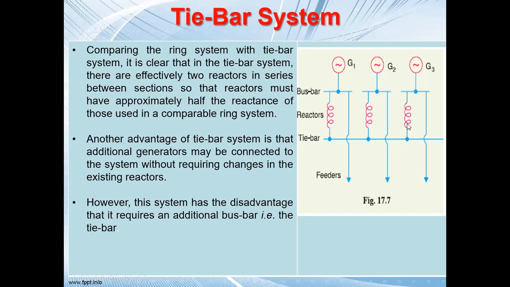It will not allow the fault current to flow here because reactors are present; these are basically high impedance paths. It will not allow flow here, and similarly, it will not allow flow here. So the remaining electrical apparatus, that is the other generators and other feeders, will be unaffected and thereby the system remains healthy. The particular fault will be localized within a particular region, so other feeders and other major electrical equipment will be protected from this particular fault.